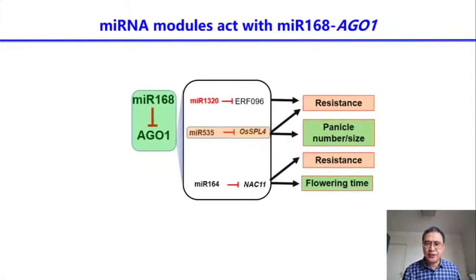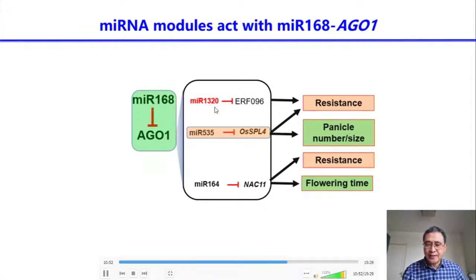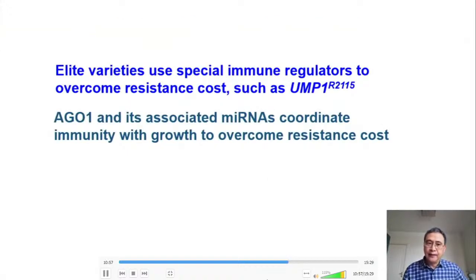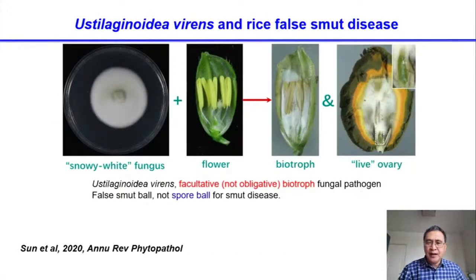So to summarize the microRNA module, this microRNA168 targets AGO1, associated with 3 microRNAs that regulate resistance, panicle size, panicle number, and flowering time. So AGO1 is important for coordinating disease resistance and growth. So AGO1 and its associated microRNAs coordinate immunity with growth to overcome resistance cost, but from first multiple with a leaving ovary,